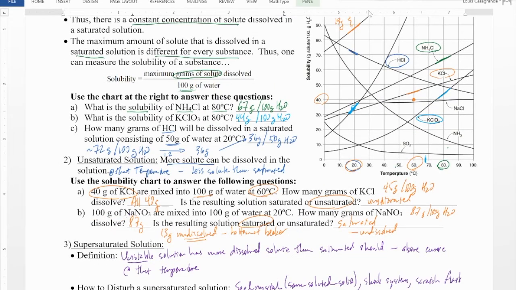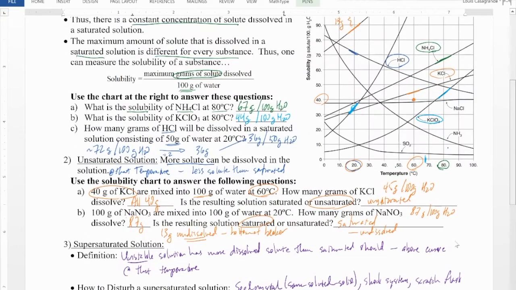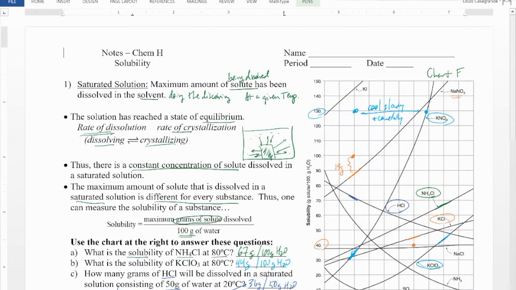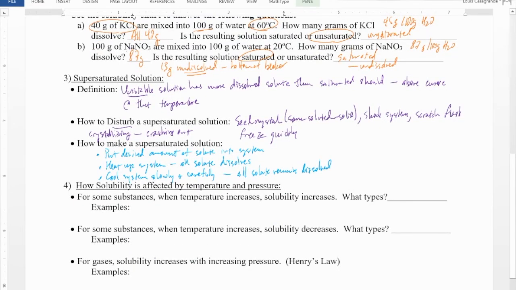All right, let's take a look at some other things that have to do with solubility. If you've noticed, most of the materials up above, let's go back up here. Most of the materials increase in solubility as the temperature increases. And if you look carefully, you'll see that all of those materials are actually solids. They happen to be ionic solids in this case, but sugar, which is a molecular solid, also, and other molecular solids will also form this sort of thing. So sodium chloride,